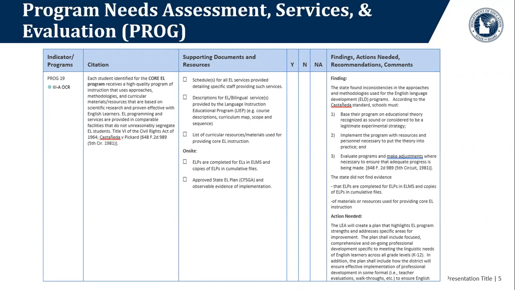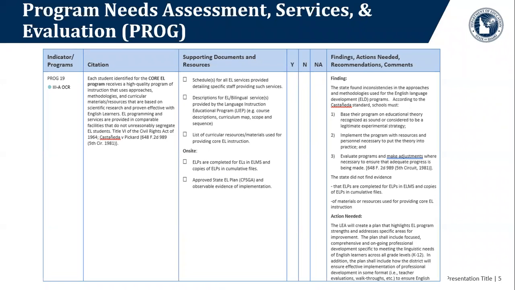For this particular indicator, you're going to look for the following supporting documents and resources. So number 1 would be schedules of all EL services provided, detailing specific staff that's providing those services. You'll want to include a description of all your EL or bilingual services provided.